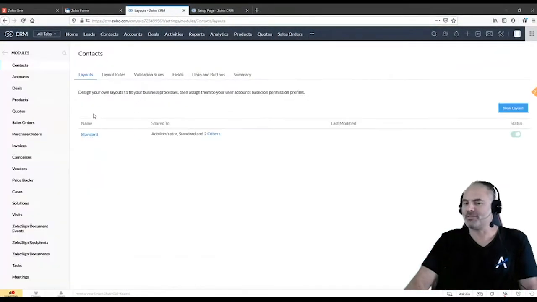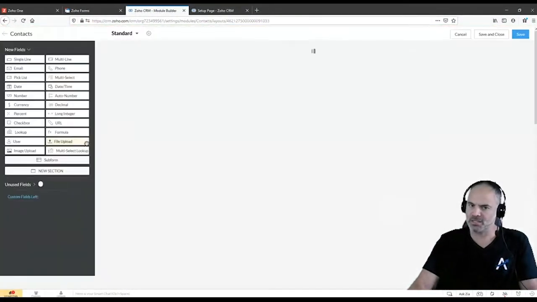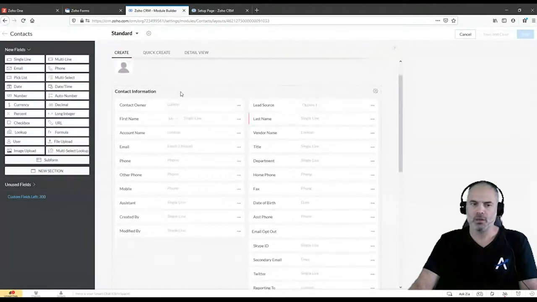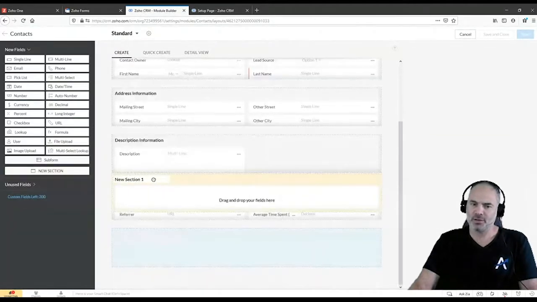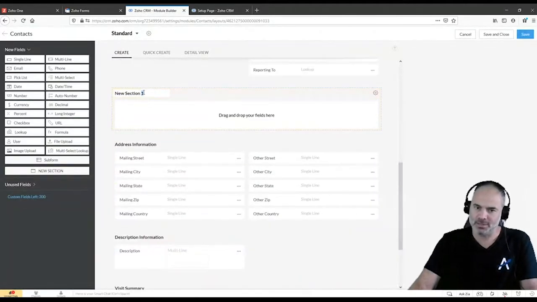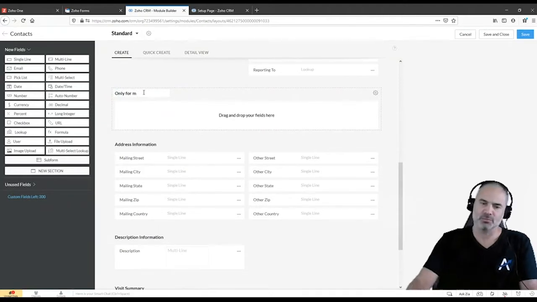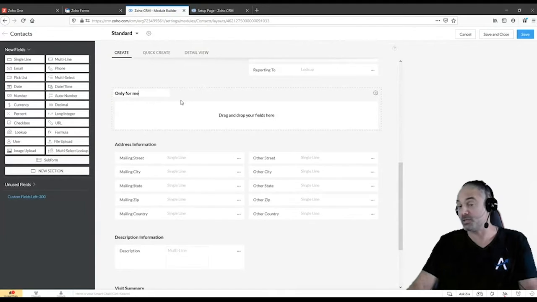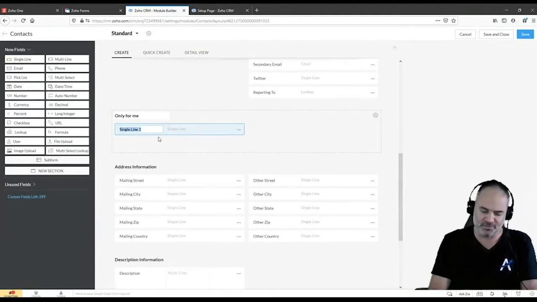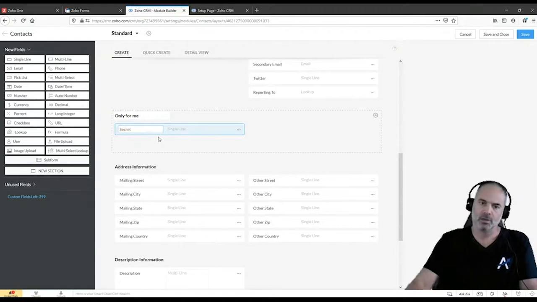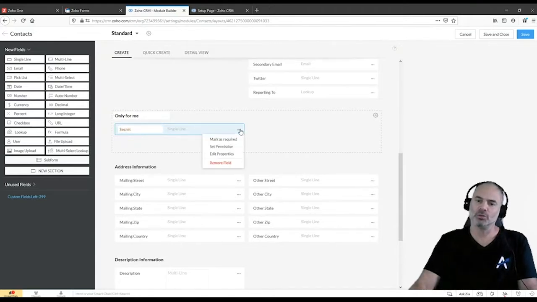I will show you something that you can check and see if it works for you. Let's assume that I have here a new section, and I will say "only for me." That will be my own data that I don't want anyone to see. I can drag and drop some fields here, then go to the three dots and set permission.